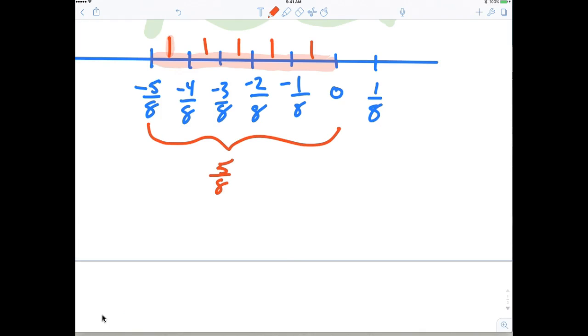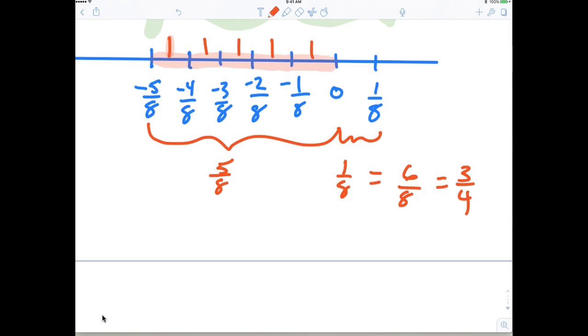And then from 0 to 1/8 is what? 1/8. So altogether you've walked what? 6/8. You've walked 6/8. And then you simplify it to what? 3/4. Now I could tell you the distance between 2 points is the absolute value of their difference, but